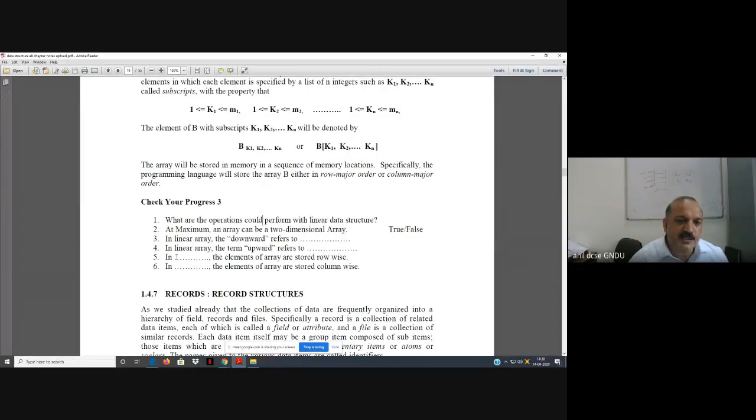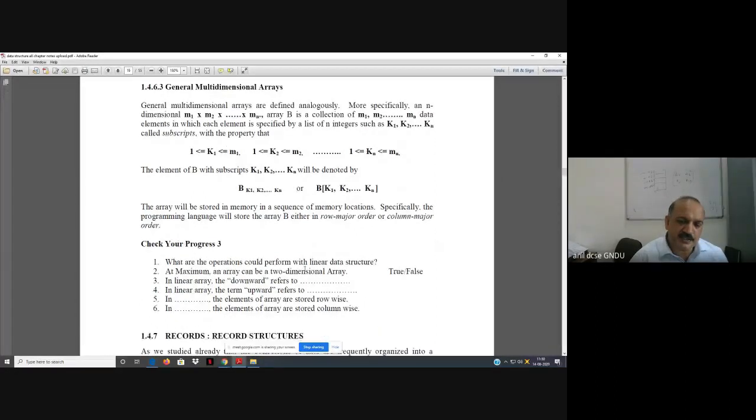Then, in a row major array, the elements of the array are stored row wise, and in a column major, the elements are stored column wise. So this is all about arrays.